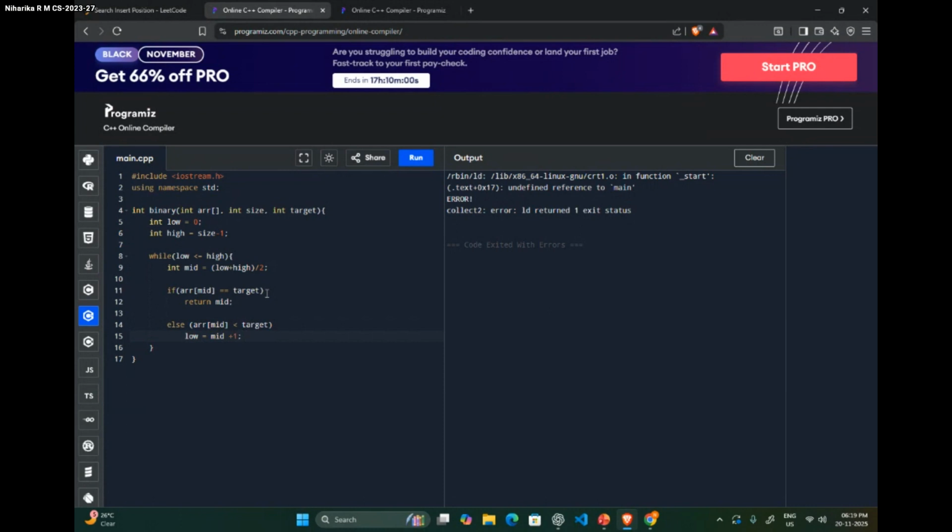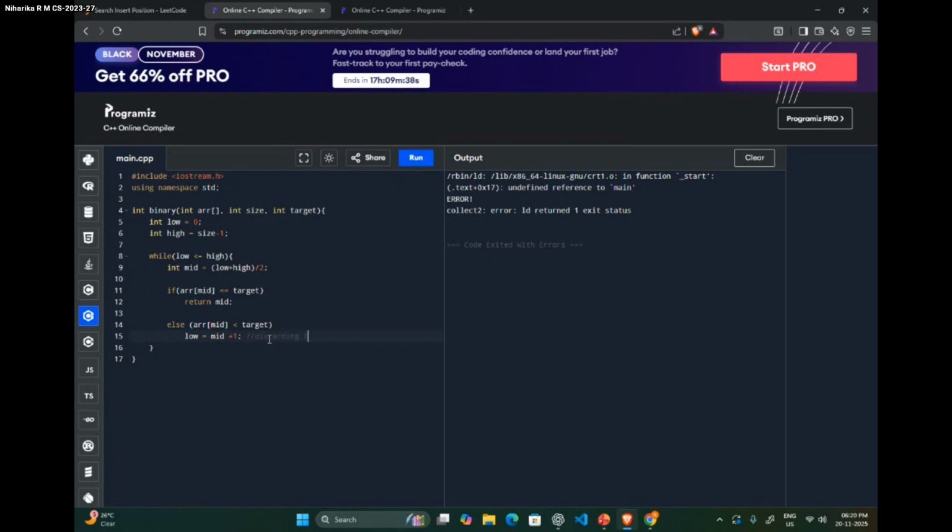So what are we doing here? Since the array of mid is less than the target, we are eliminating the complete left subarray. So before, our low used to be 0, that is our first element. Now our low is equal to mid plus 1. So now we are focusing on the complete right subarray.